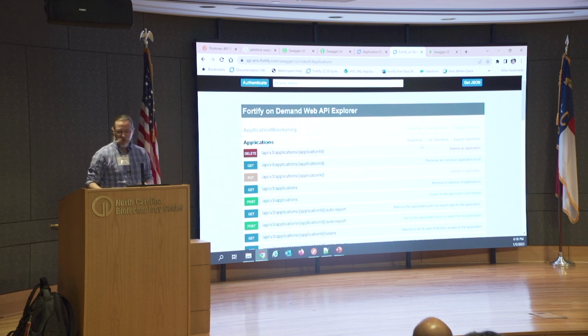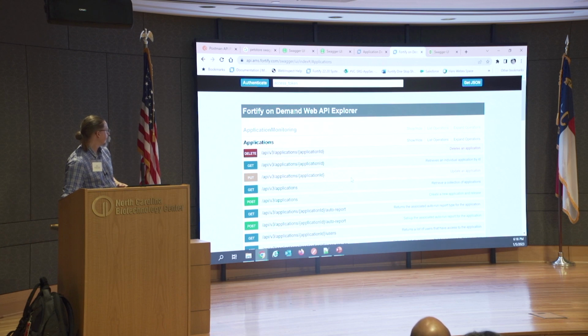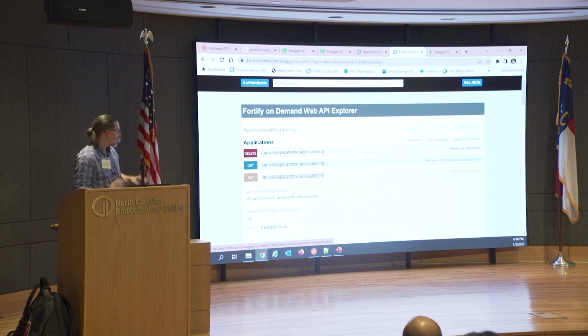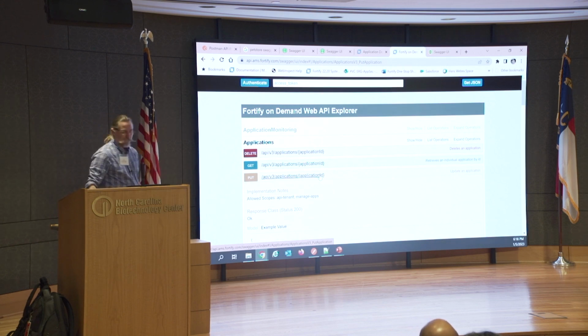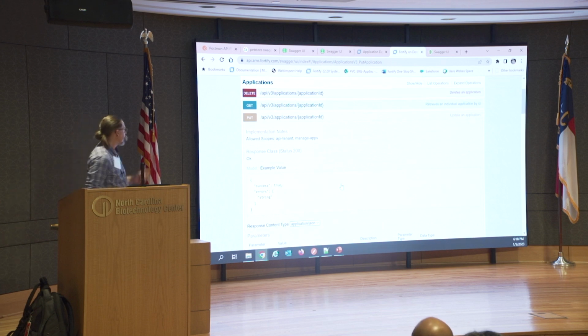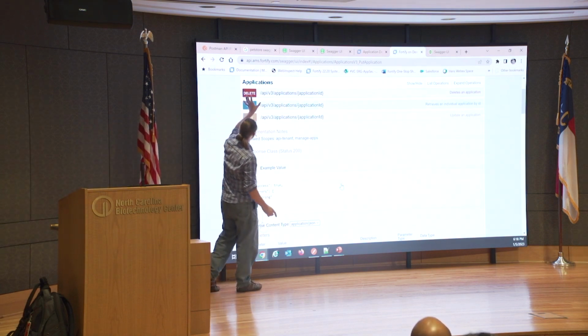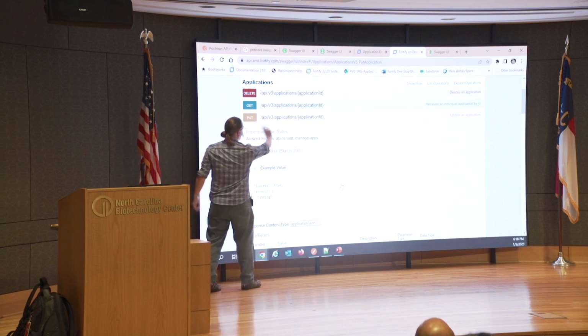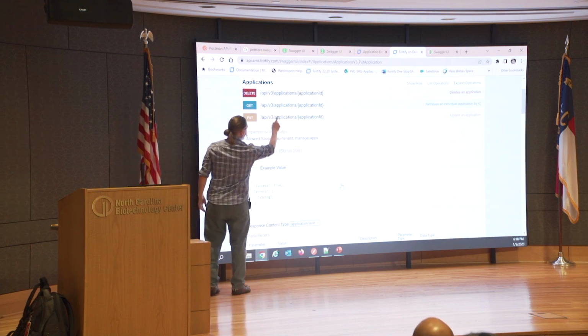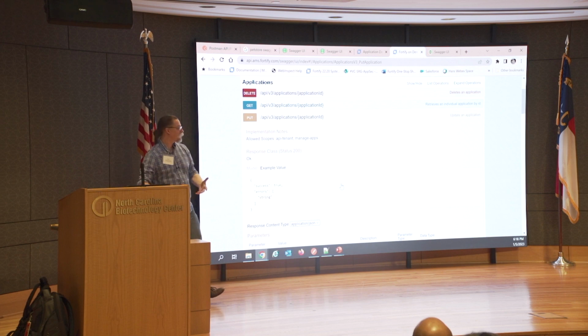Over on the right, it gives me a little bit of English explaining what the endpoint does for me. So if I want to update one of my application project definitions, I can do it using this endpoint here. You'll notice it has a little variable here in brackets. And so this shows me the format of my API call that I'm going to have to make. It's going to have to be a PUT to the service address, followed by that URL with the ID number of the application that I want to affect.